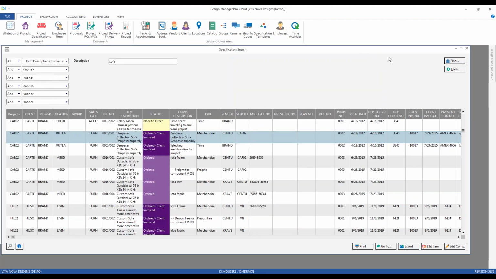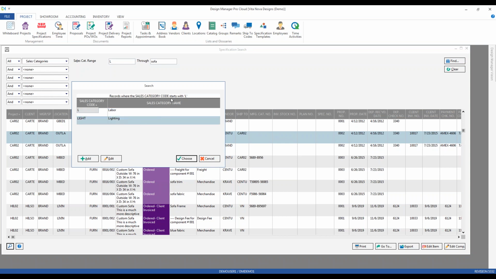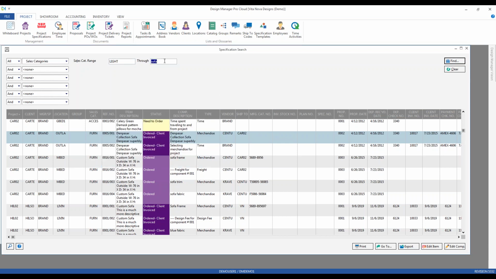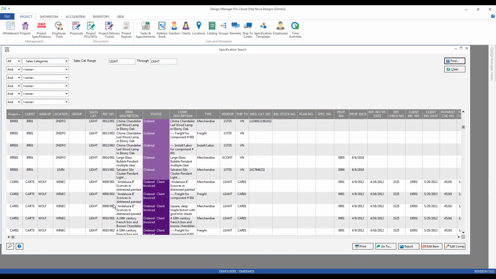One of the main concepts behind the specification search was an ability to almost use it like a query tool, where I could say to myself, I want to see all of the specifications that are, I don't know, how about we use sales category of lighting. Lighting, great. And if I click the Find button, I can see every single specification that has a sales category